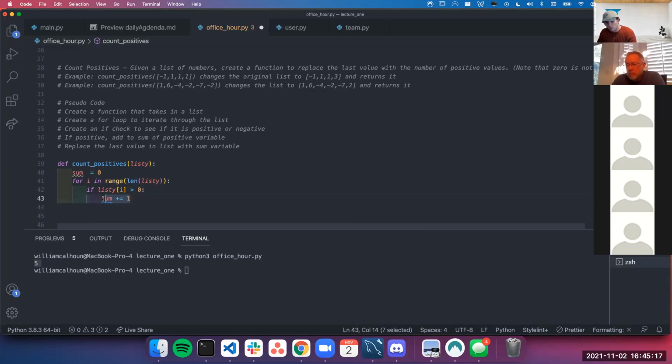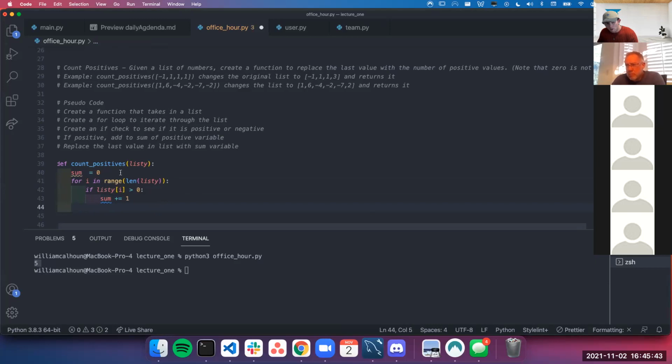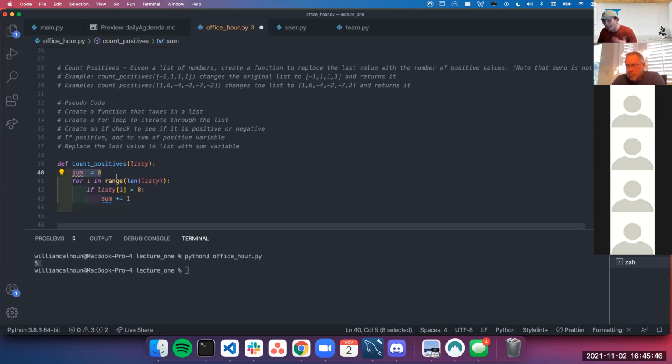So if it's positive, I want to go ahead and add to my sum. Perfect. Great. So I'm going to do that through my entire for loop. Cool. Now I'm going to make sure I get out of my for loop. What I mean by that is if I'm still indented, I'm still within my for loop, remembering our code block from Python. So I have to get out of my for loop. I have to be on the same indentation level. So now I've got my sum. Let's say it's going to run through and have some sort of value, whether it's 0 or 135, doesn't matter. Now I need to be able to target the last value of my